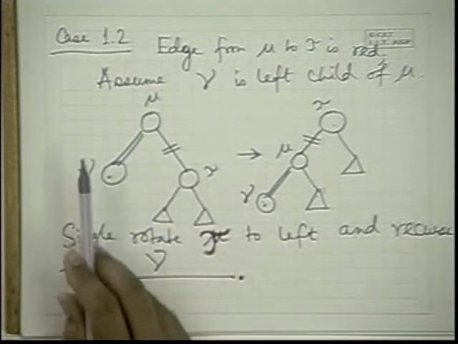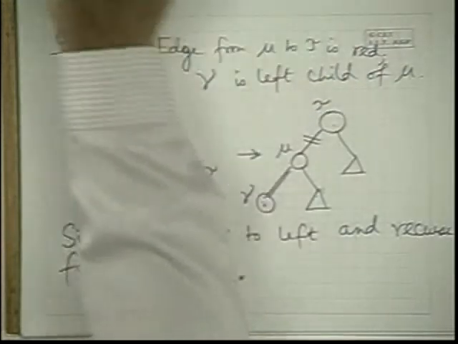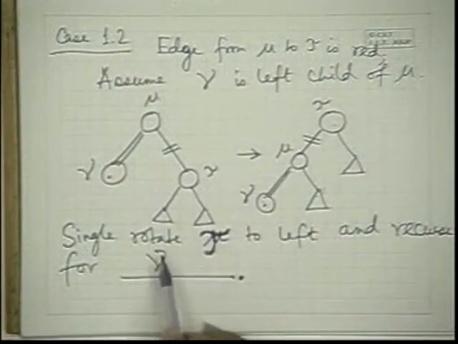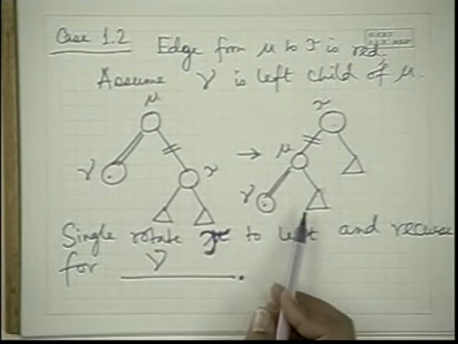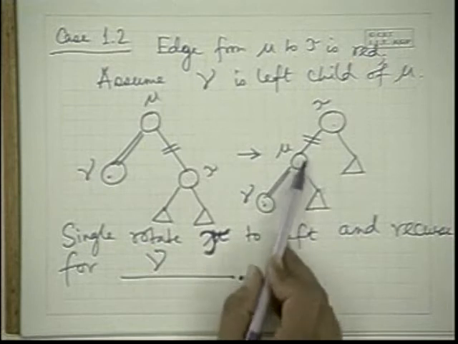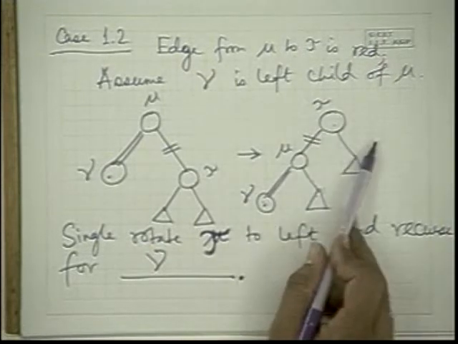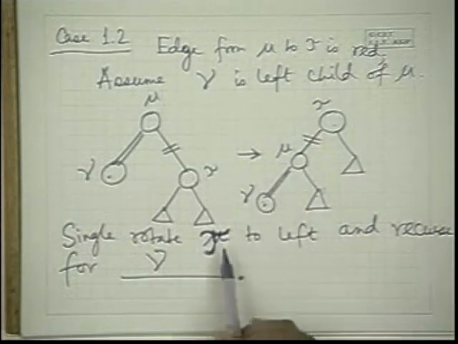So this is case 1.2, and definitely there are other symmetric cases. If this is not the left edge, suppose it is the right edge and that is black, you can take care of all those symmetrical cases. Instead of left rotate, again it will be right rotate, but everything is similar. The essence of all cases has been given. There are some symmetric cases I did not detail out, but that can be easily deduced. So this is case 1.